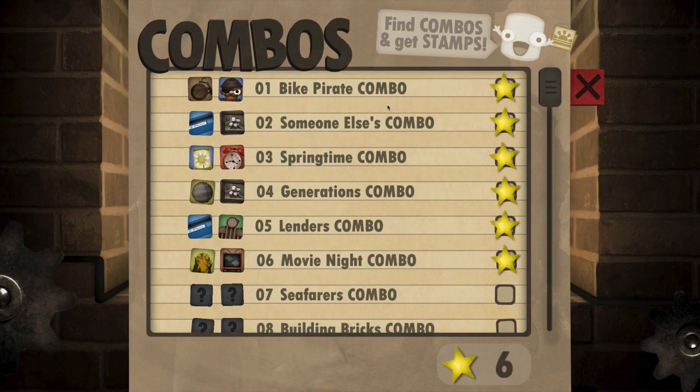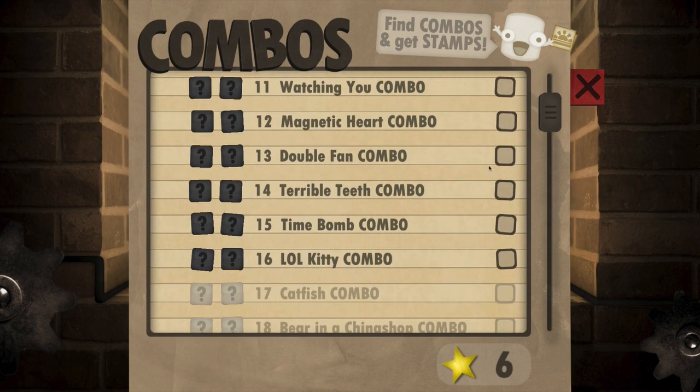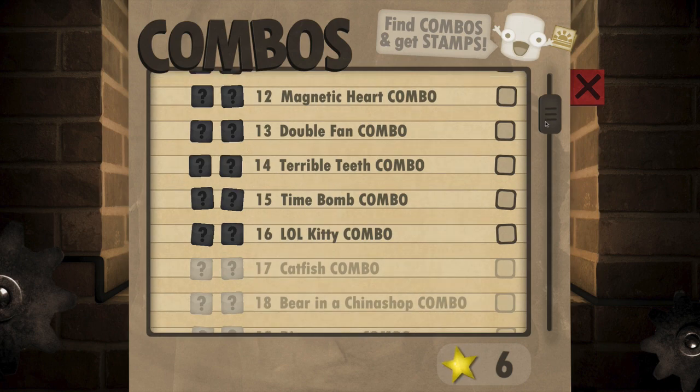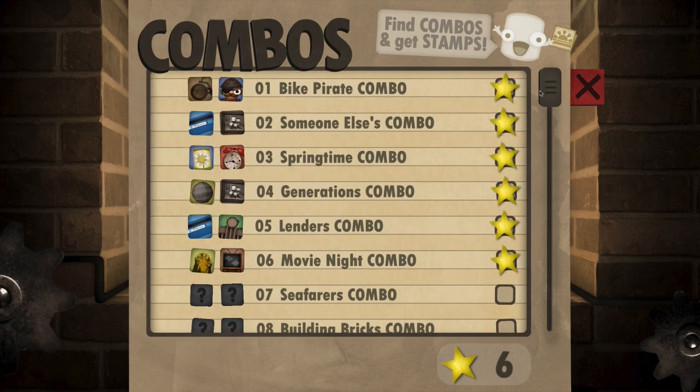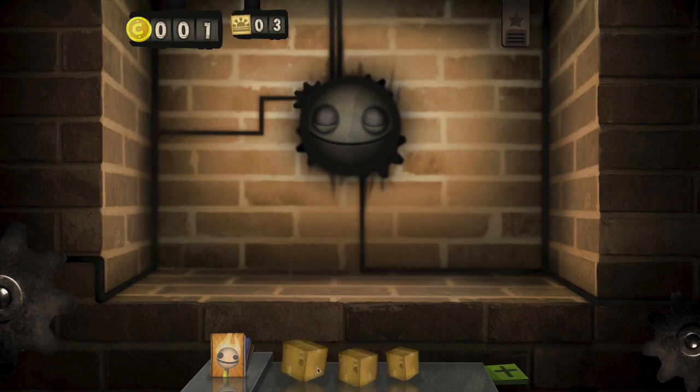And for every catalog you unlock, you get more combos available to you. As you can see, we can go up to number 16, which is Lol Kitty. And as we unlock more lines of stuff, we'll unlock even more. So I've already done quite a few of them, and I kind of bought some of these items that are